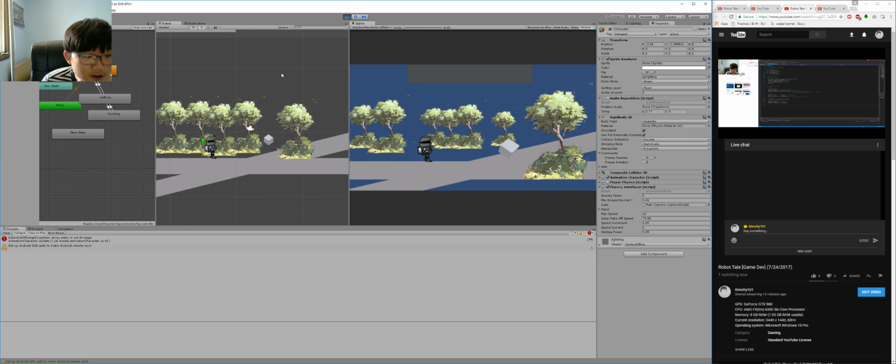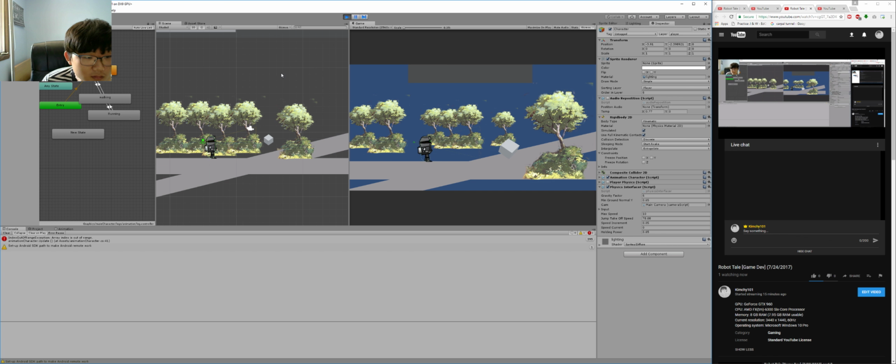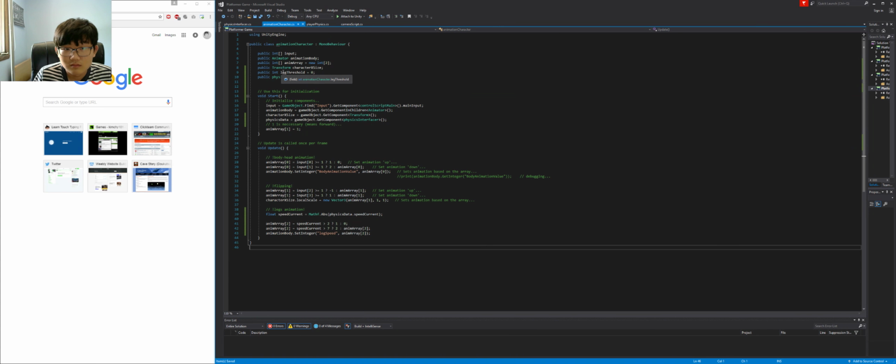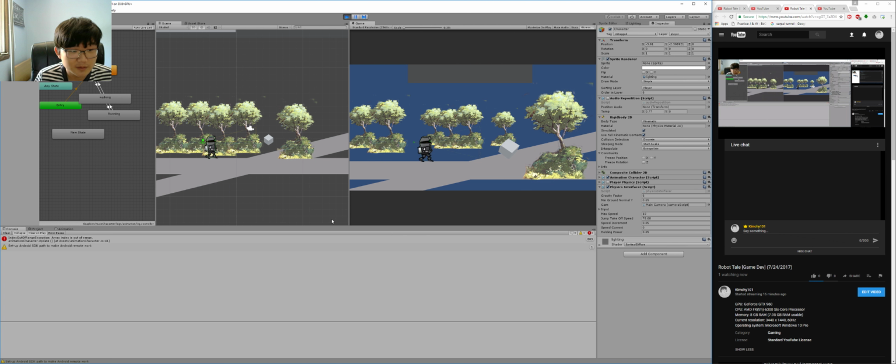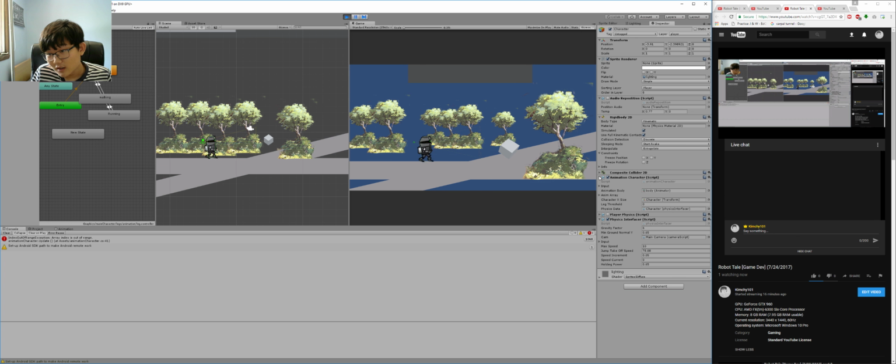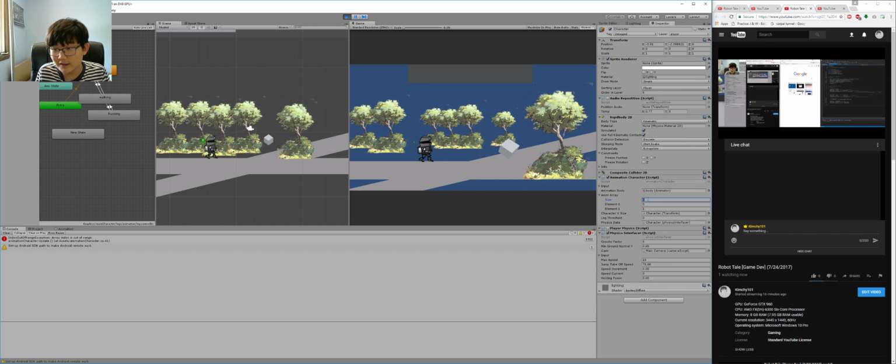Index out of range. What? Line 41. Okay, so I guess anim arrays or whatever is out of range. We can fix that real quick with adding another